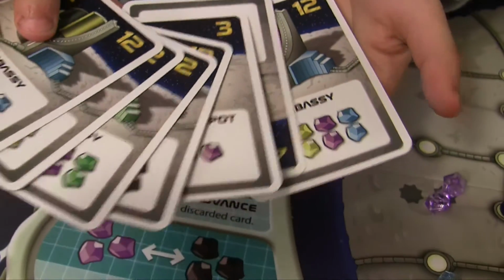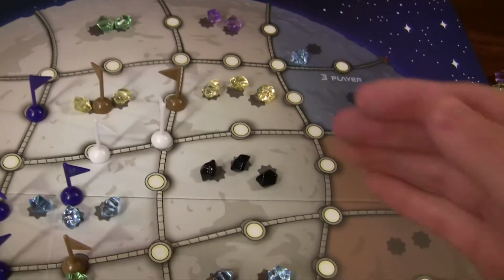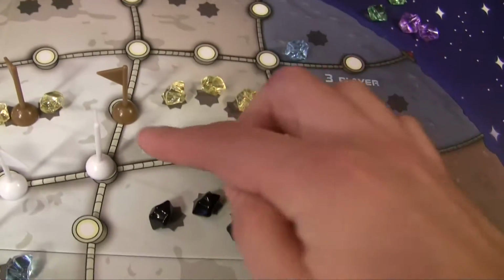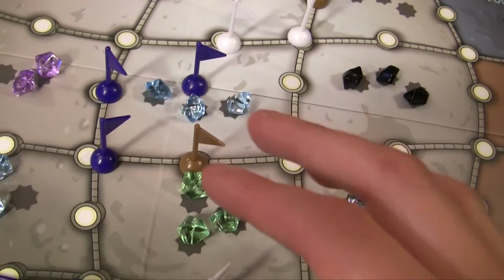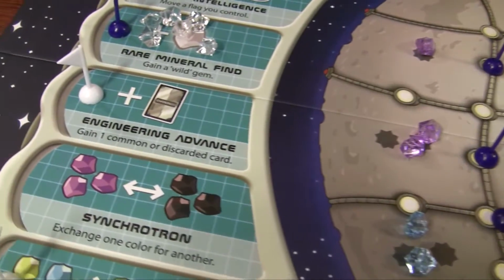Okay, and now after you've done that, this is where you start claiming your gems. So you go down the field and you say, okay, nobody claimed these, so nobody gets those. Brown has the middle of the road, he gets those. Brown gets these. And you just keep going on. Whoever has the most stake on the land gets their gems. Then we go down and